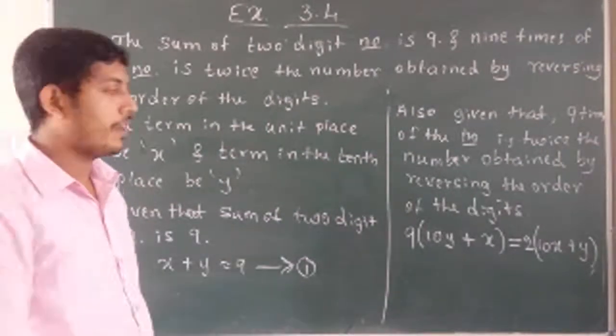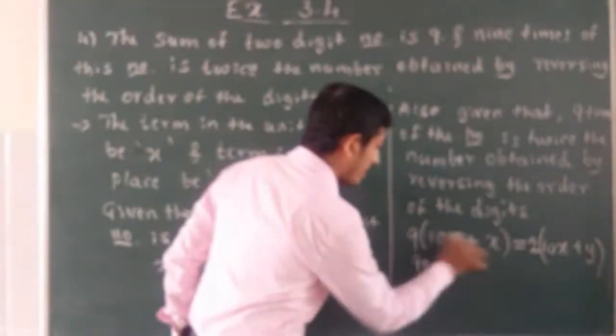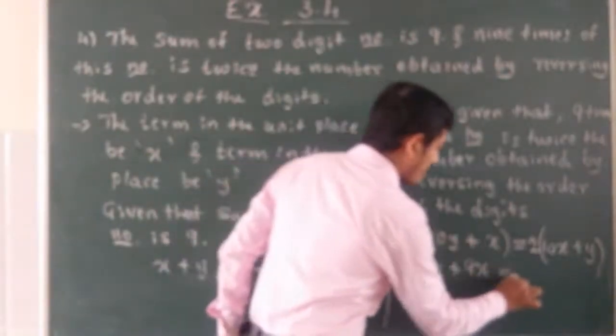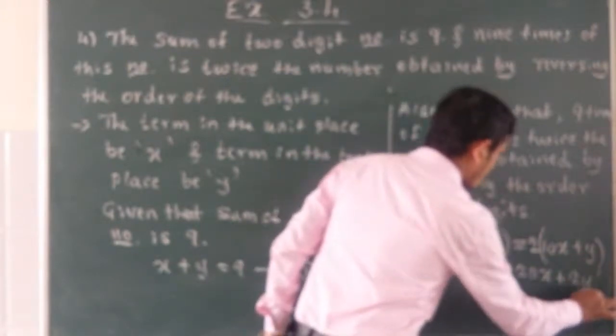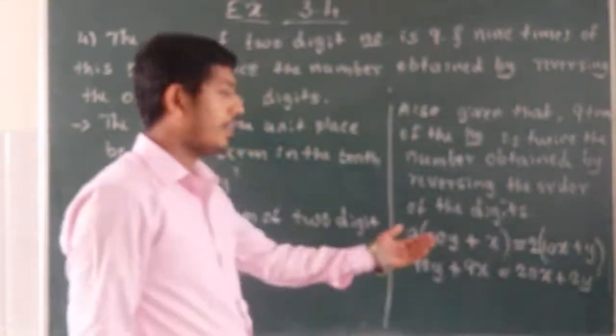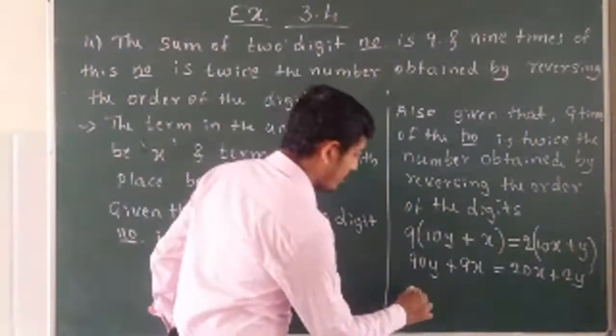So now we will rearrange this. 9 into 10 is 90y plus 9 into x is 9x, that is equal to 2 into 10 is 20x plus 2 into y is 2y. Now we will take the terms to one side, so it becomes